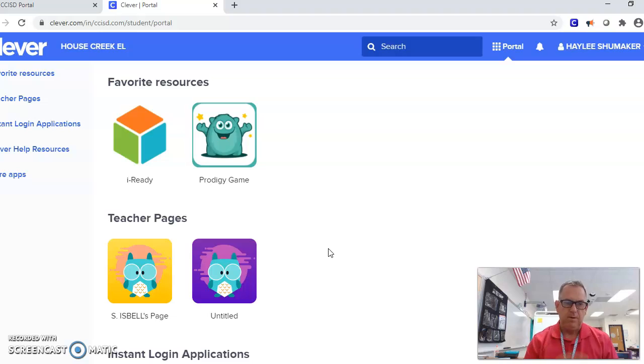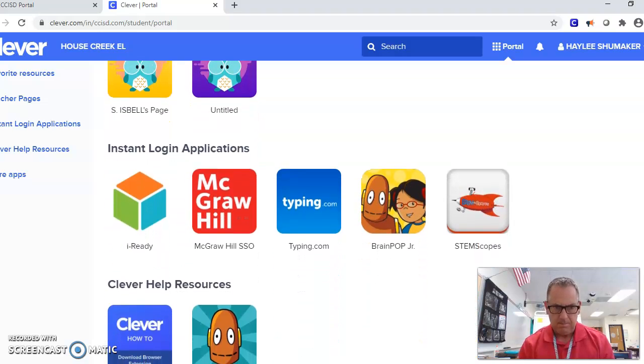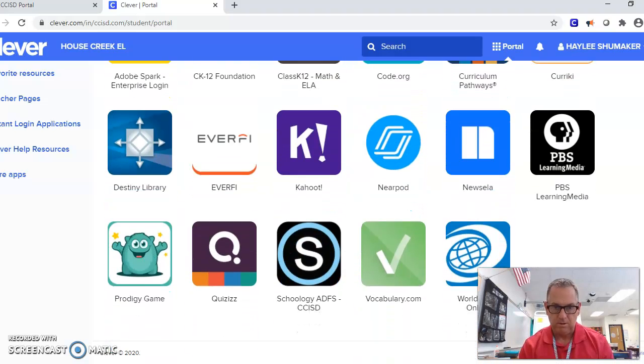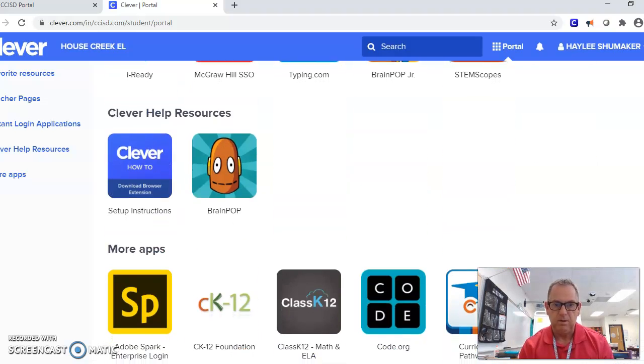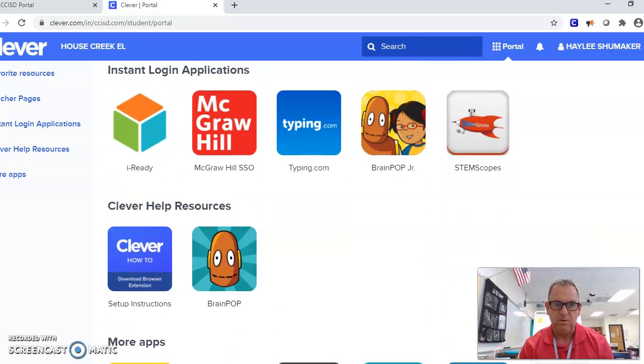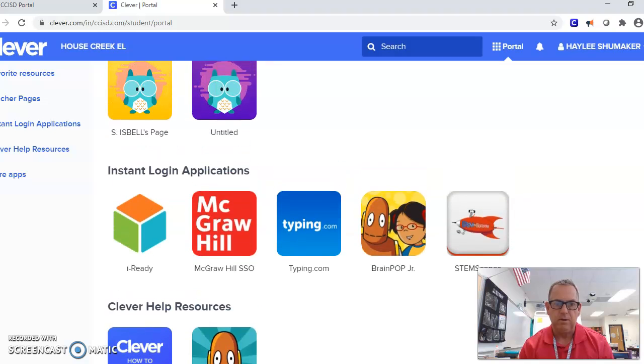And iReady is probably already set as one of your favorites, and you can kind of look through there and see if there's any other things that you'd be interested in. Like a lot of people like typing.com and BrainPop and stuff like that, and those all have ways to access those. And if you want to move one of them to the top to your favorites, you can go ahead